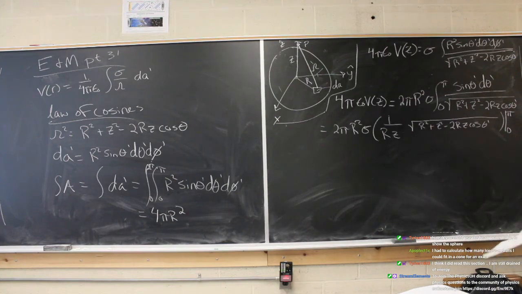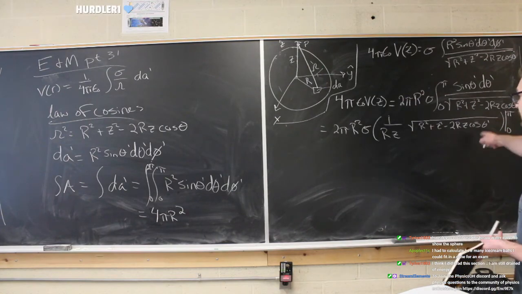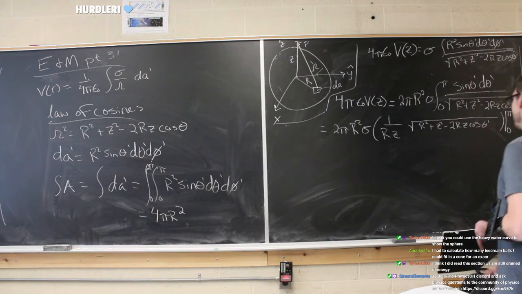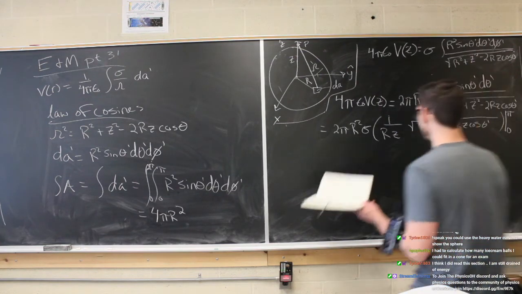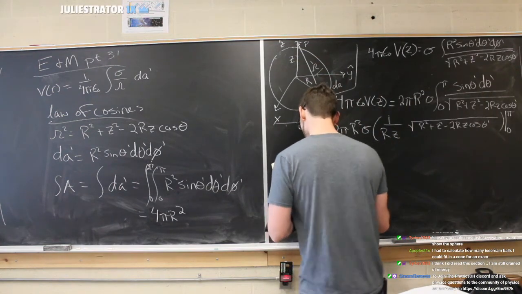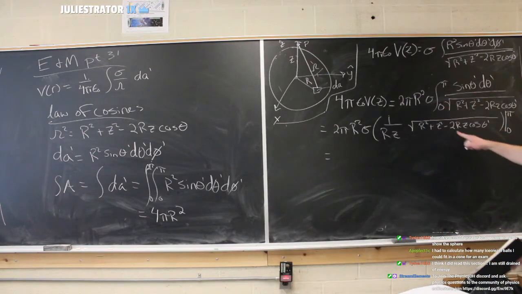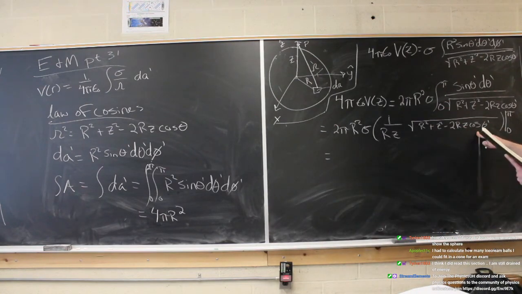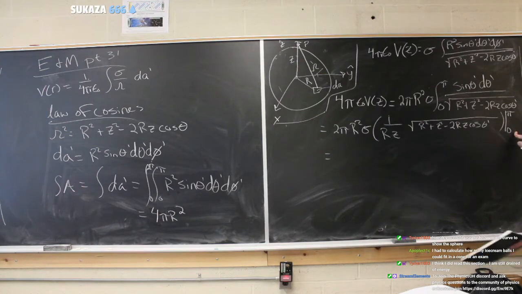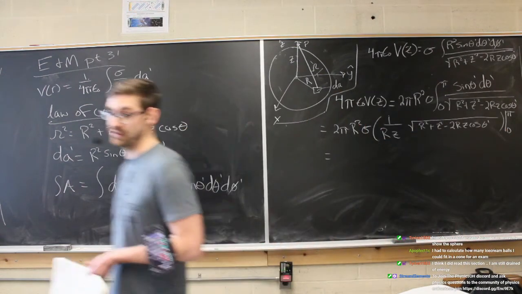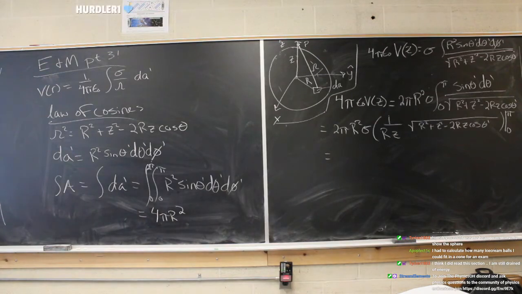So evaluated at 0 and pi is going to be nice because then we only have the 1 theta in here. There's both going to be 1s, and we're going to end up with this nice arrangement. So we evaluate them and they're both 1s. We're just going to get 2rz and... oh, I'm sorry. The 0 is going to be 1, but the pi is going to be minus 1. Okay, that's different. That means we're going to have extra minus signs to pay close attention to.